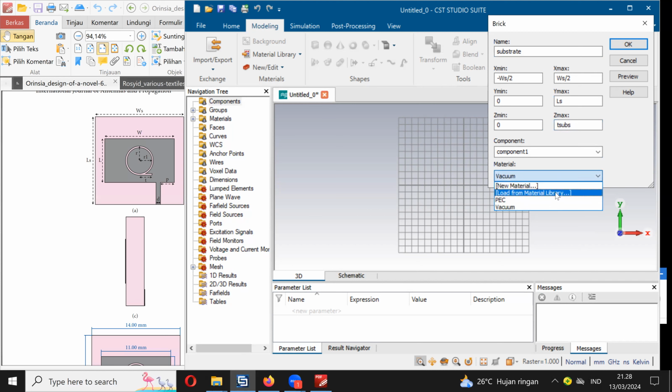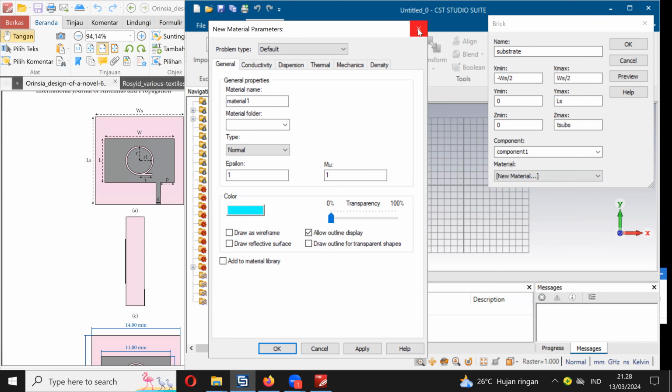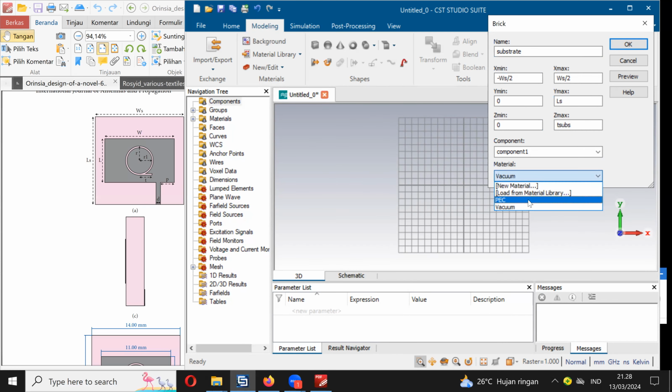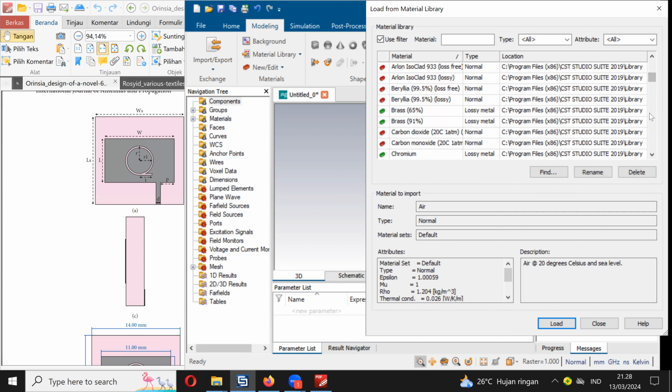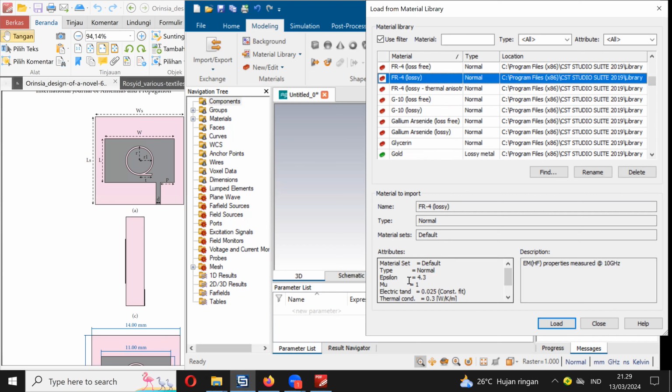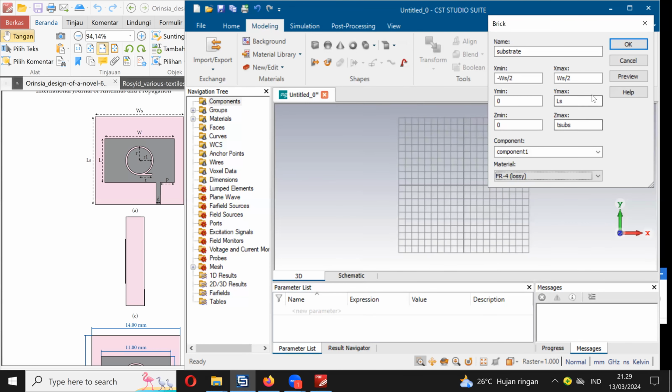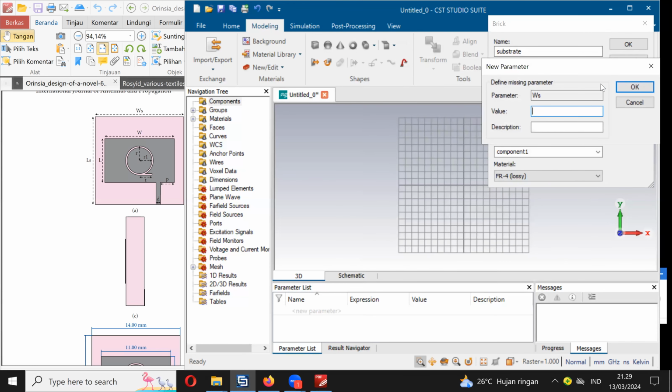And we can choose the material from here, new material. We can choose the FR4 from the material library, and we can drag this. We find the FR4 lossy, and we can see the epsilon is 4.3, and the electric tangent is 0.025. And then we click preview,